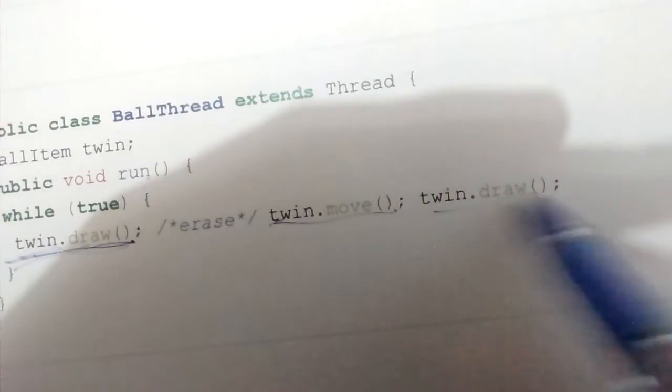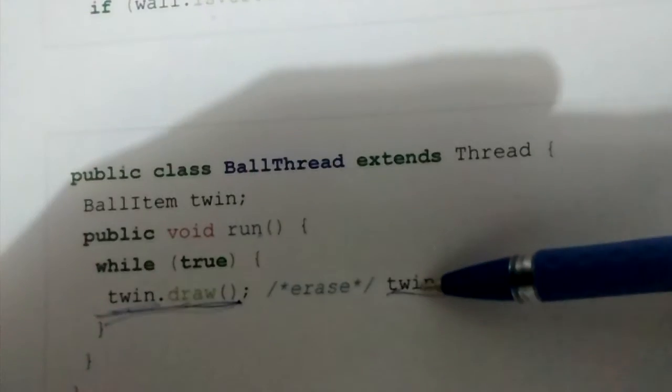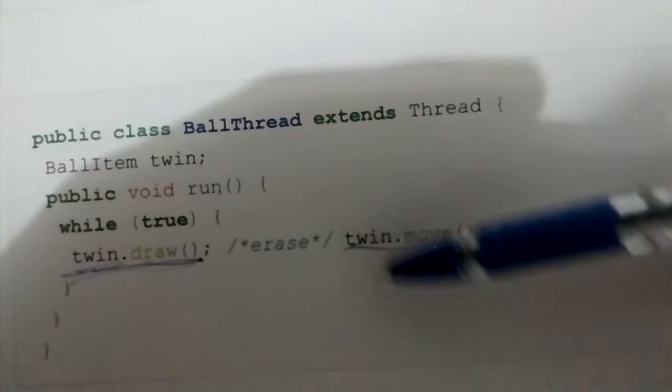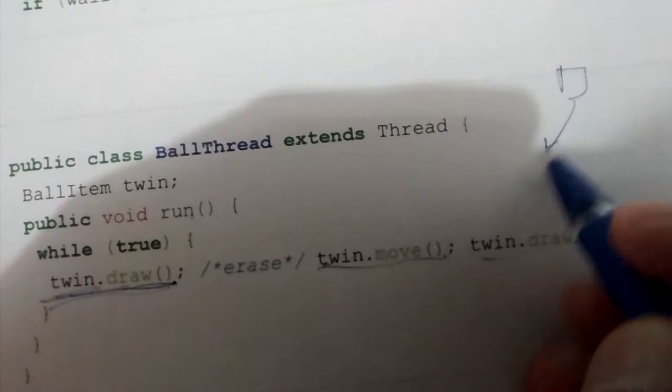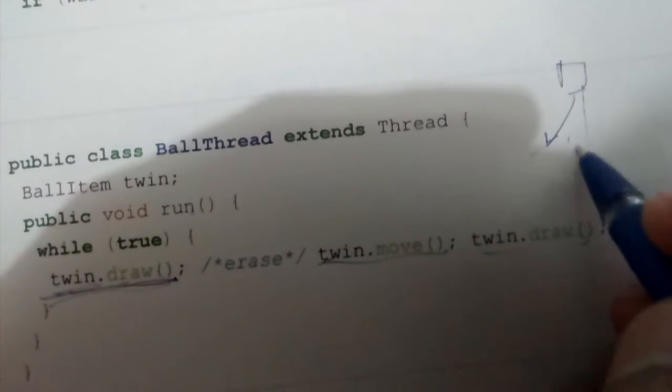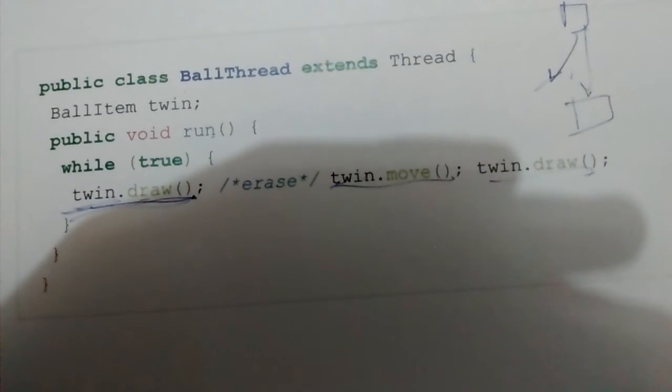Please move, please draw. So basically whatever things I can do myself, I will do myself, and whatever functionality I need to get from the second parent, I will talk to my twin and ask my twin to do those things for me. So it is like that.